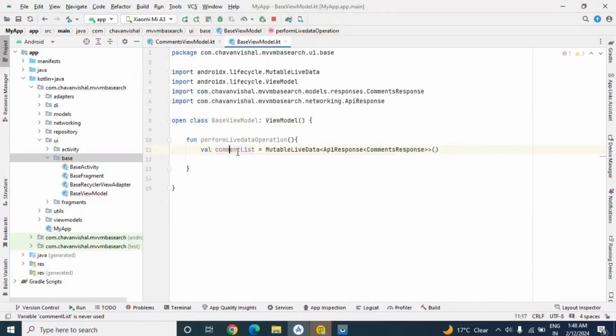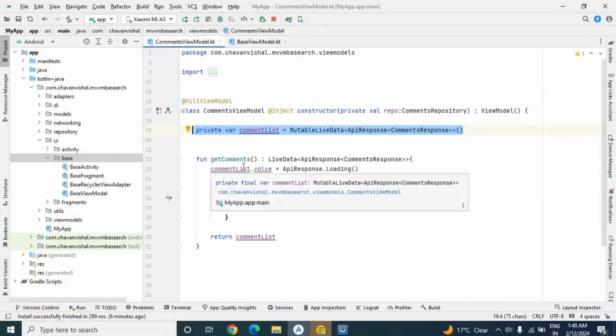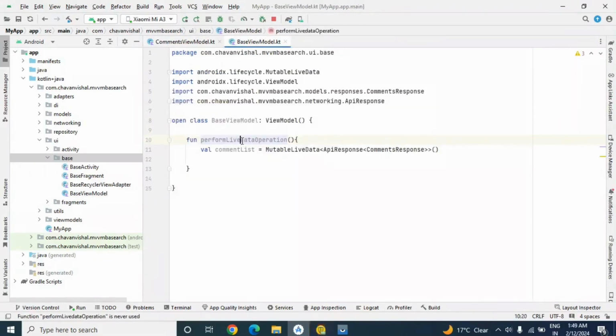Okay, val of comment list, but right now we will call this method in every method over here, like in get users data also we will call this method. Means in all these 10 methods we are calling this method, right, perform live data operation. So let's give it some generic name like val live data list is equal to mutable live data of API